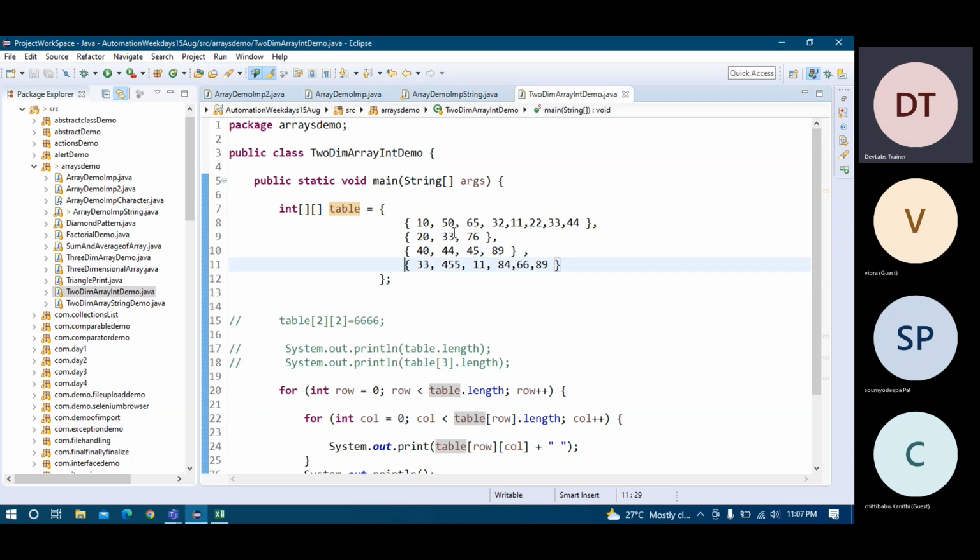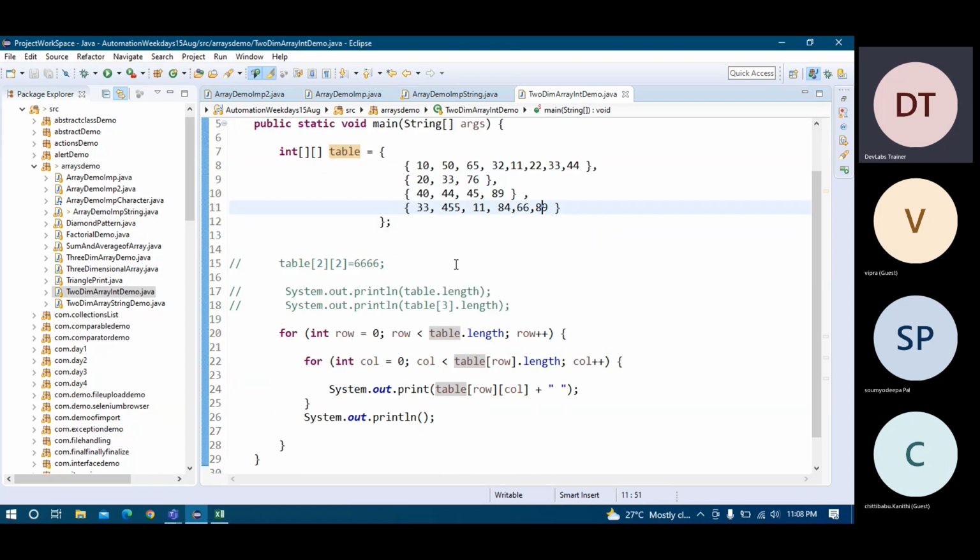Each row has different columns. In the first row we have 1, 2, 3, 4, 5, 6, 7, 8 columns. The second row has 3 columns. The third row has 4 columns. In the fourth row we have 1, 2, 3, 4, 5, 6 columns. So like this we have it.